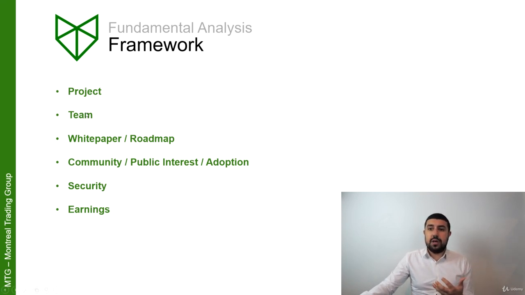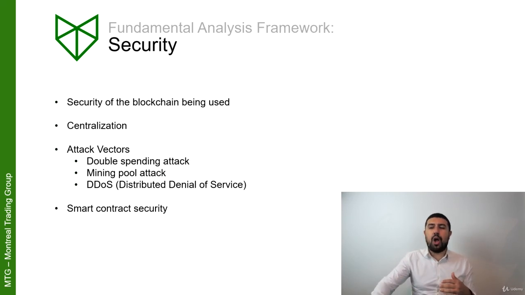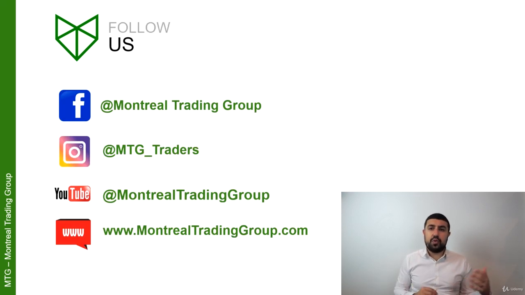Again, if the team is good, but the security is weak, I don't want to invest in it. There's too much risk. If the project is bad, but there's a very strong team, doesn't matter. So you want everything to be as good as possible. And if you're looking at that, it's going to filter out a lot of these crappy coins, which we've said about 70% of them are really bad and are scams. And it's going to leave you with the most robust ones. Then if you make good decisions on which projects you really like and you bet on the right ones, there's potential for huge growth.